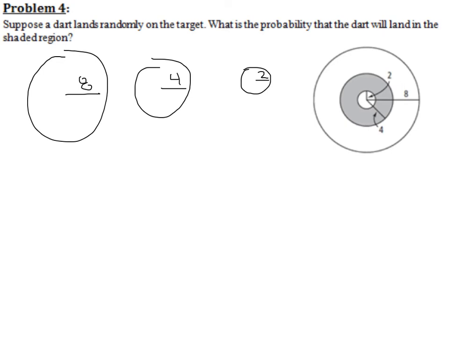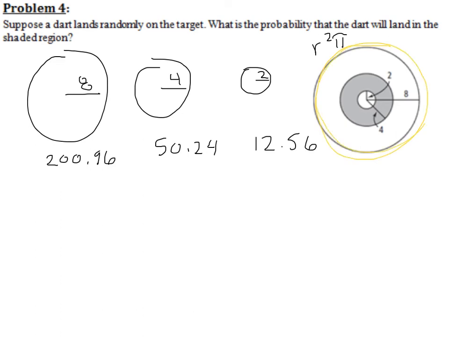So right now you should pause the video. Remember, radius squared times pi is my area, and find the area of all 3 circles to the nearest hundredth. So now when I look at this, I have to think, okay, what numbers should I be using for my total? Well, my largest shape is always going to be my total. So this right here is my total. So this is what should be on the bottom of my fraction,